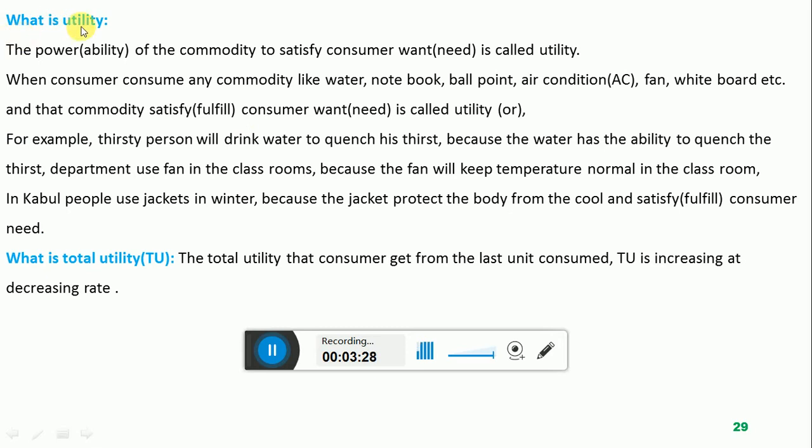We are switching toward the concept of utility. What is utility? Utility means satisfaction, fulfillment of needs. When a consumer consumes any commodity and that commodity fulfills the consumer's need, this fulfillment of the consumer's need is called the utility of the commodity. For example,